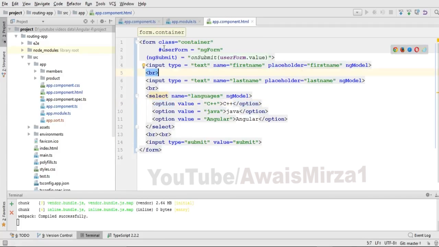We can see that we used ngForm, and for the binding of individual input elements we used ngModel in input elements and the select element, and we call the onSubmit function and send out the userForm.value for sending out the values of all these input elements. So first I need to change the way we bind individual input elements. The way we bind individual elements is that I'm going to remove ngModel,